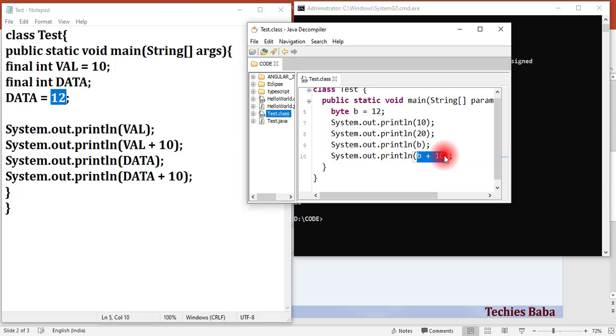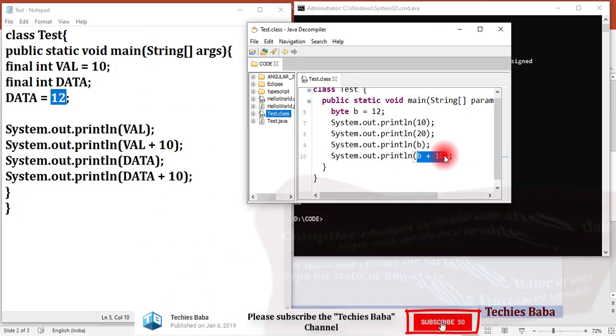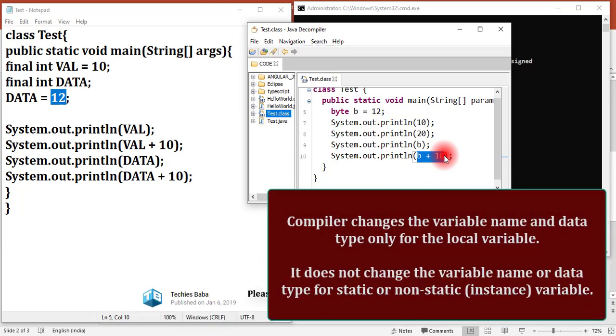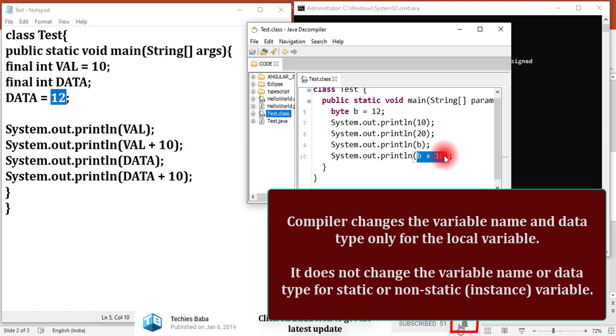Now one point we are trying to understand here is that your compiler is also understanding your code, understanding the data available inside your code, and then simplifying it to save memory space. It is also simplifying your code.